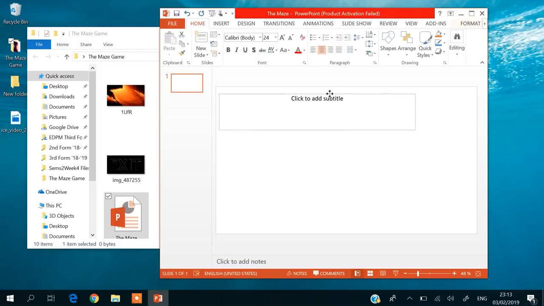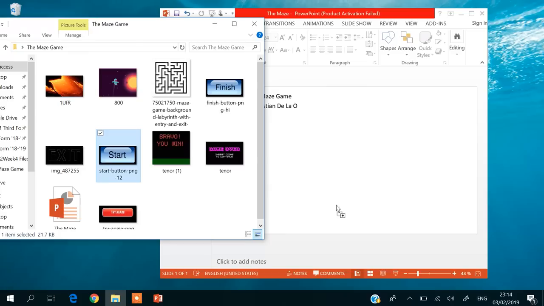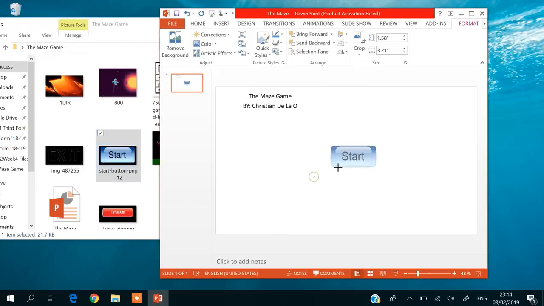We moved this placeholder to the top, and then I did the maze game, and then I also came and I inserted my start button somewhere around here on the left corner, and then